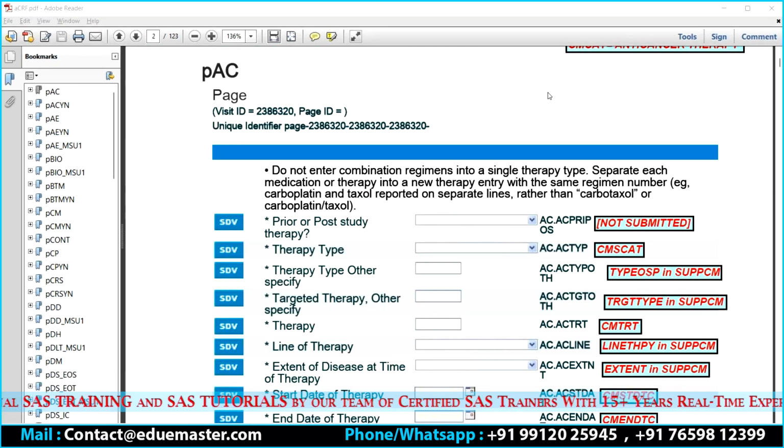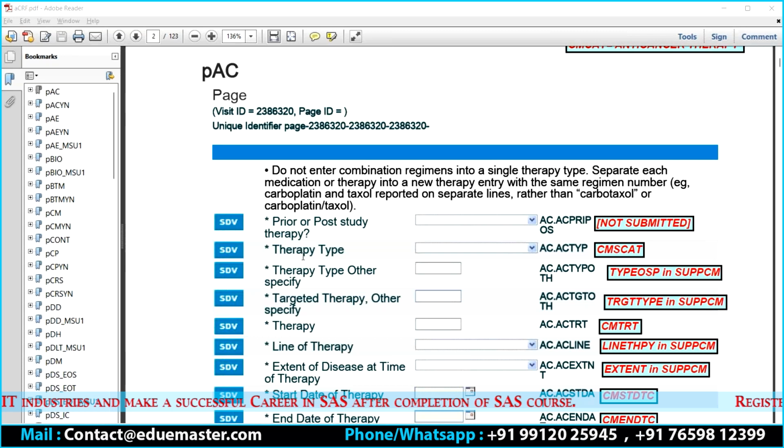Let's say, here I have a few things. What is the first thing? The first thing is going to be prior or post-study therapy. One more is the standard implementation rate. That is also required. I'll go one after the other because that is the guide provided by CDISC. So I'll also give that information.